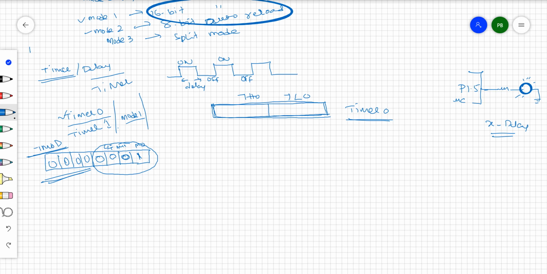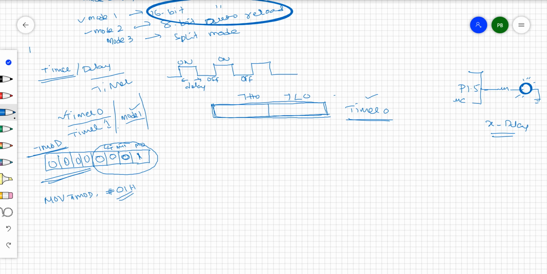If you place 01H in the T-mod register, for example, MOV TMOD, #01H, then what will happen? This data is going to be placed in the T-mod register. Once this data is placed in the T-mod register, timer 0 is going to operate in mode 1 as a delay generator, and in software way you are going to control this particular timer. So this is the way you need to place some value in the T-mod register.